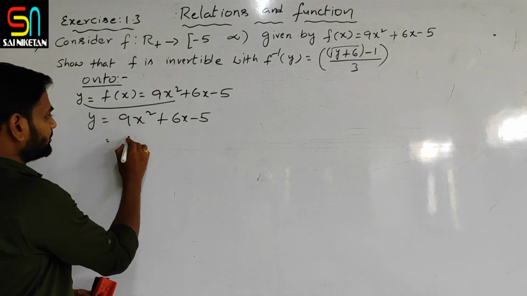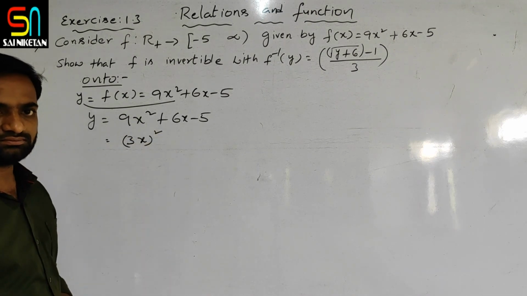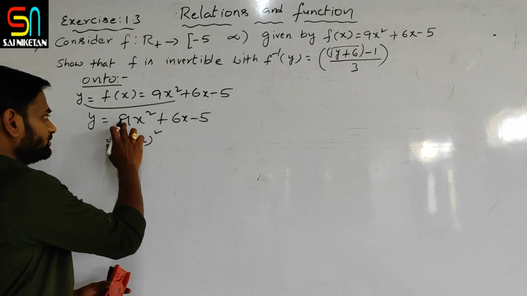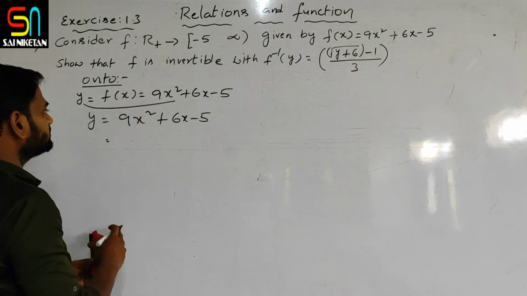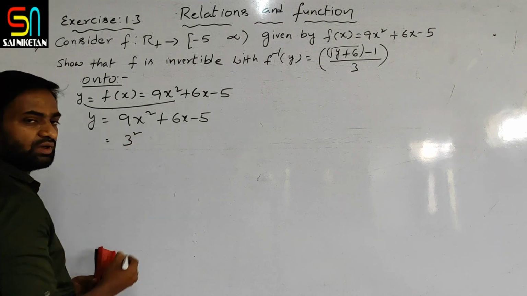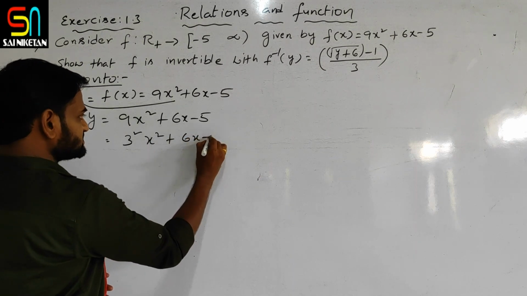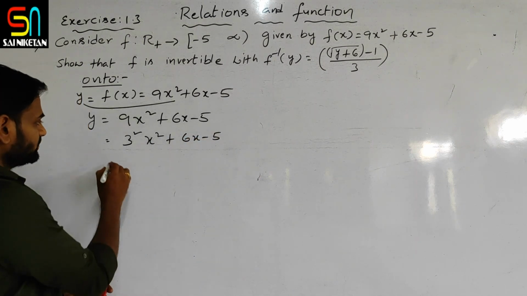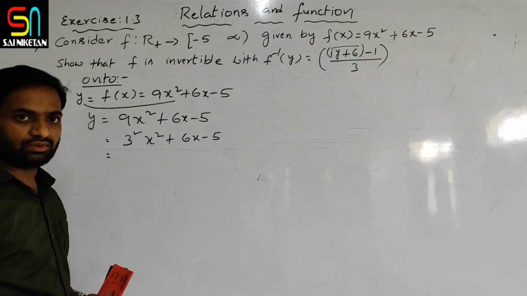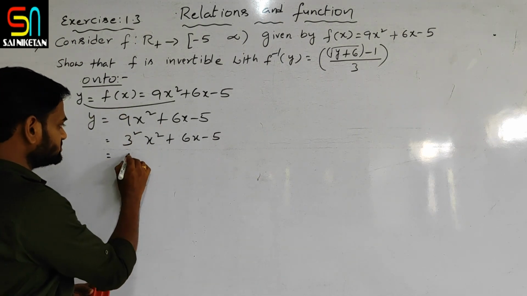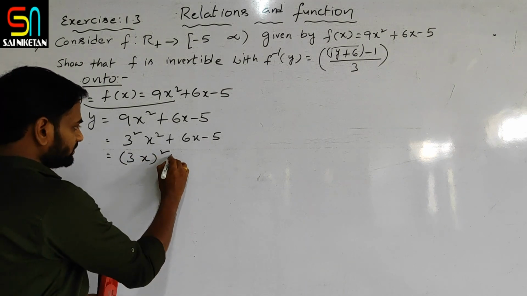This 9x square I am writing as (3x) whole square. 9 I am writing as 3 square, so 3 square x square plus 6x minus 5. Now see, this is a square b square, now it is (ab) whole square. That is (3x) whole square plus,